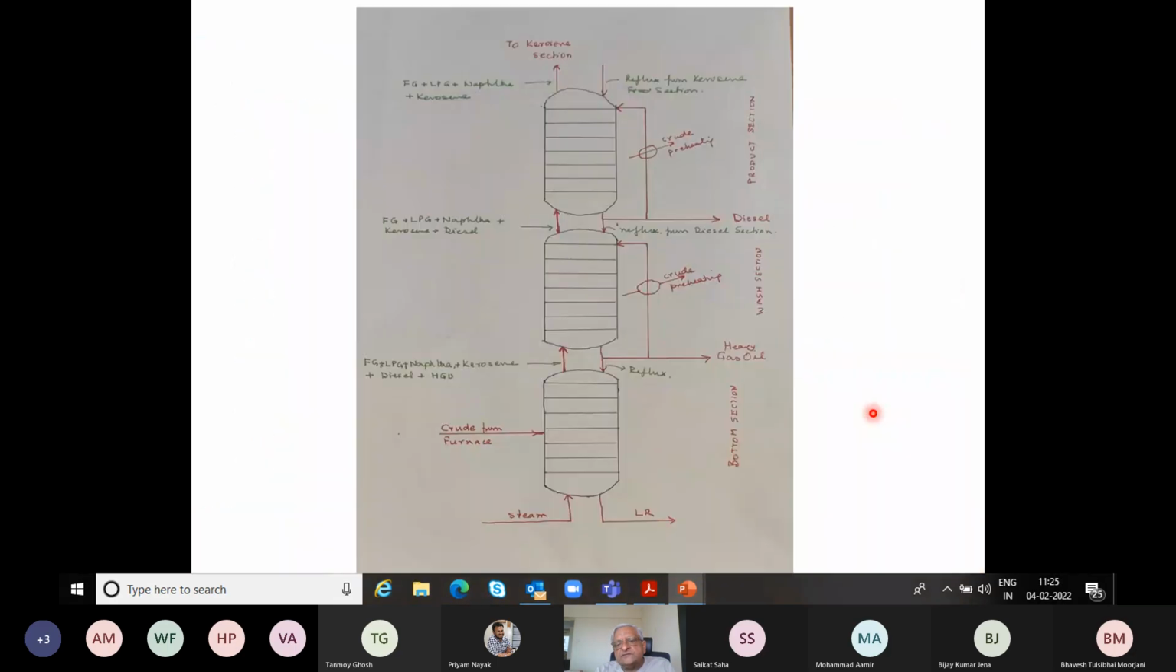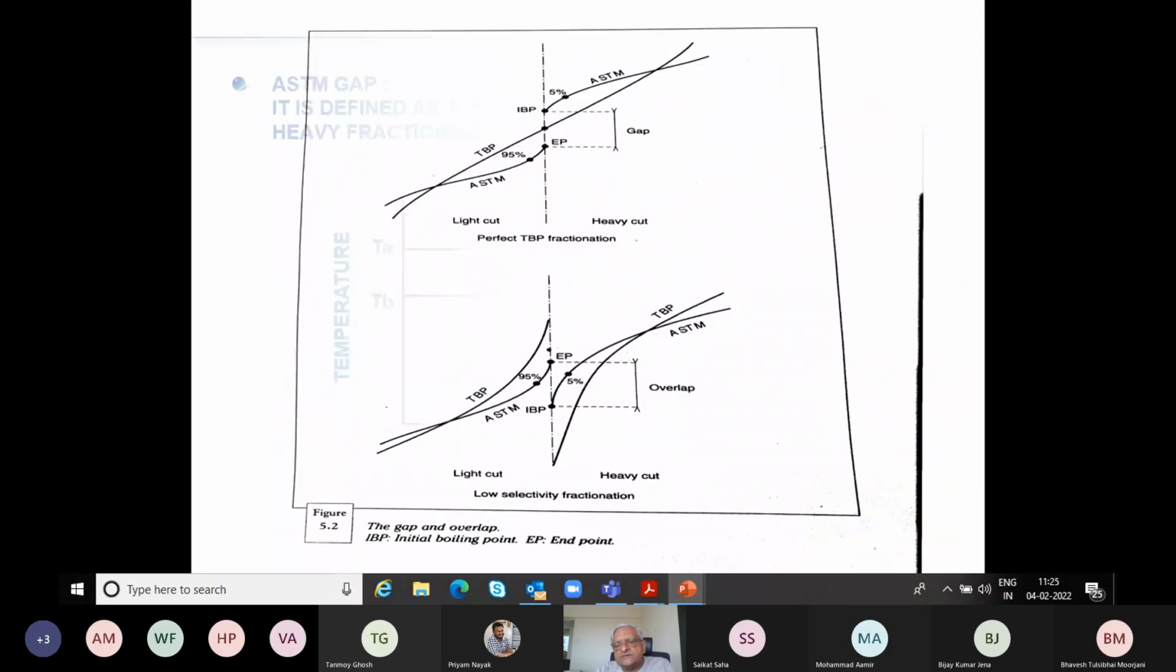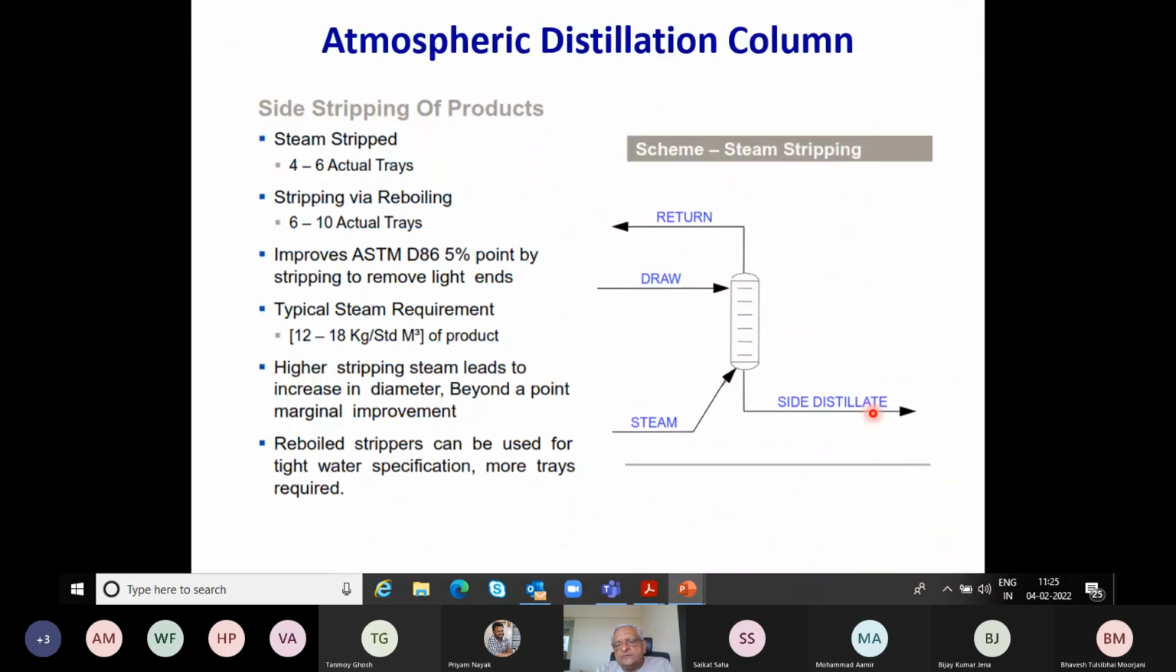The main function of the stripper in a crude distillation column is to remove any light material which might be dissolved or come along with that particular fraction. So suppose some very end portion of the naphtha comes along with the kerosene, that will reduce the IBP. It will reduce the 10% point, and therefore